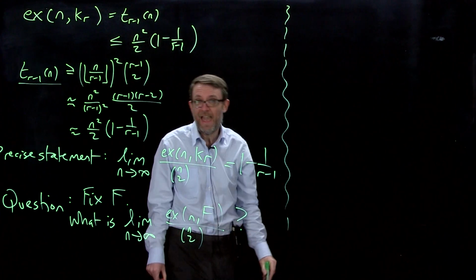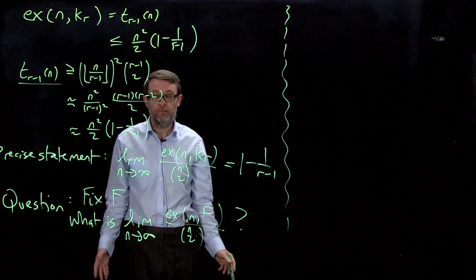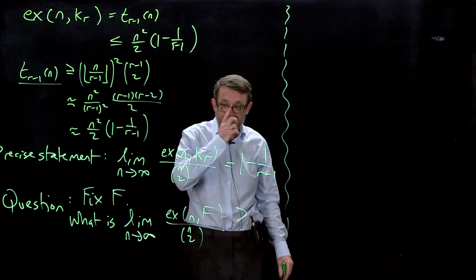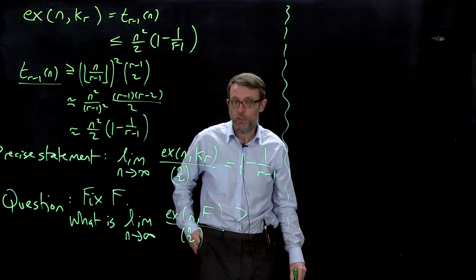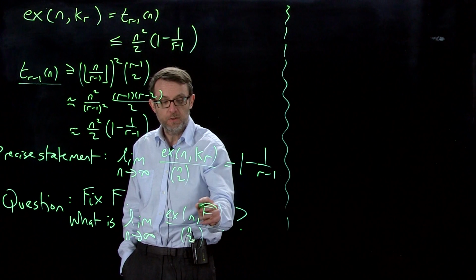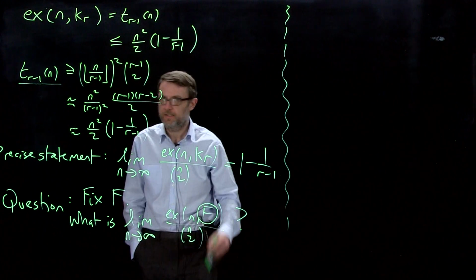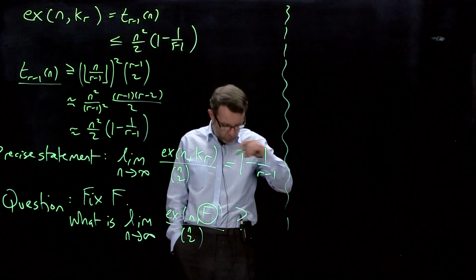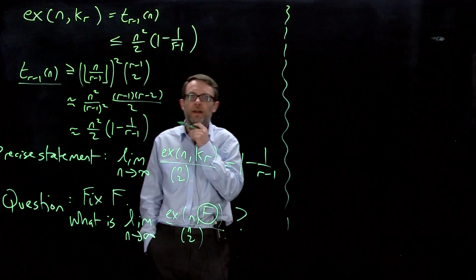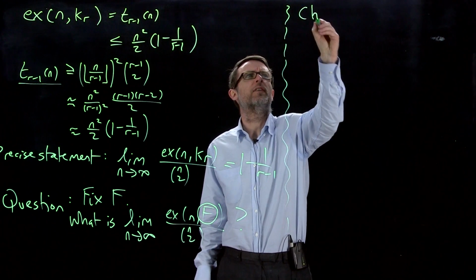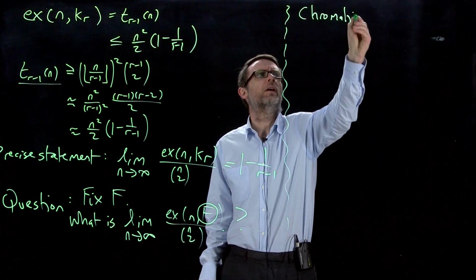So it turns out we can, for all graphs F, give an answer to this question. And the answer is going to turn out to depend on a certain parameter associated with the graph F that's of extreme interest in its own right. So probably what I will spend most of this lecture doing is talking about that parameter, which is called the chromatic number